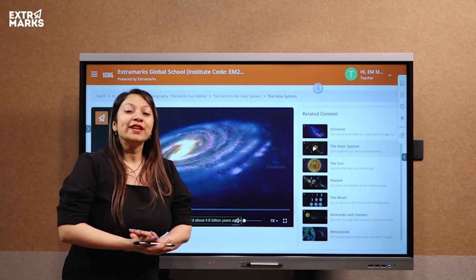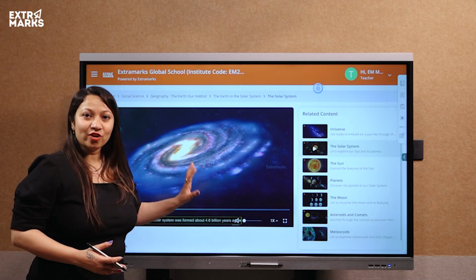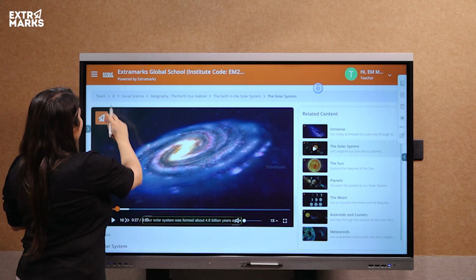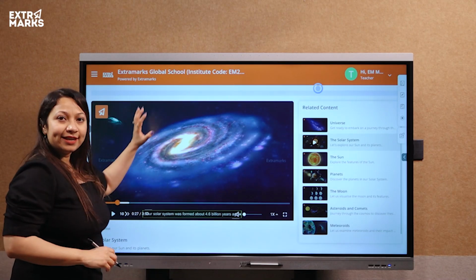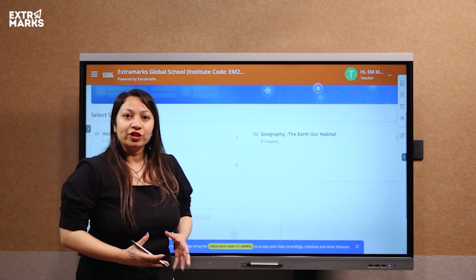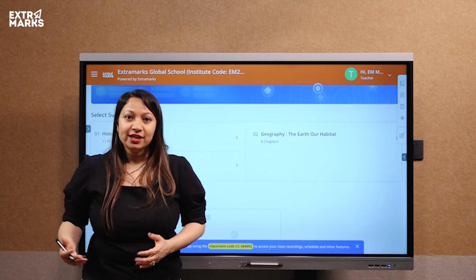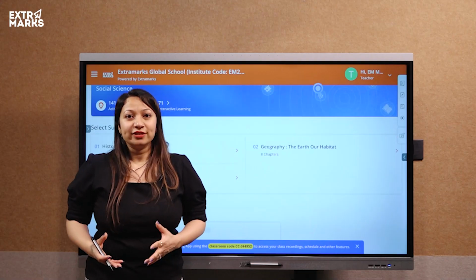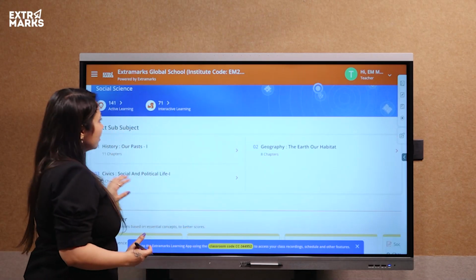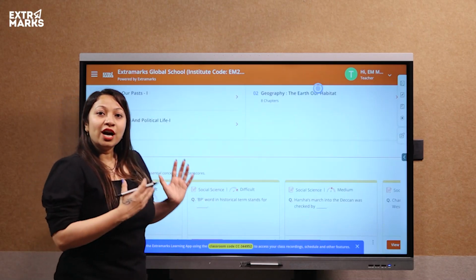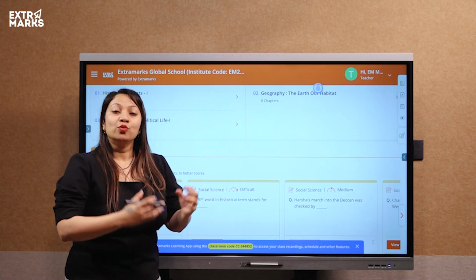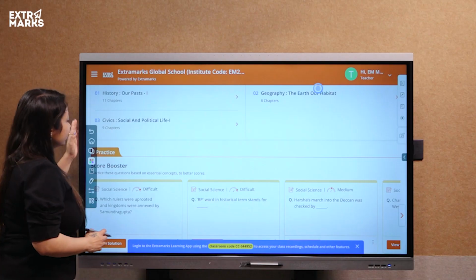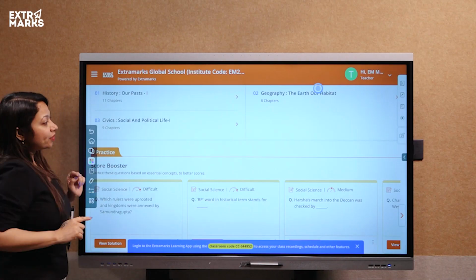So now you can explore the Extramarks Smart++ content here on the application the way I've just played a video. You can come to the Teach section and can explore the Extramarks pedagogy, which is DLPTE: diagnostic assessment, learning content, practice content, test content and evaluation. If I would like to come out of this particular menu and would like to come on the home screen, click onto the side panels, home tab.